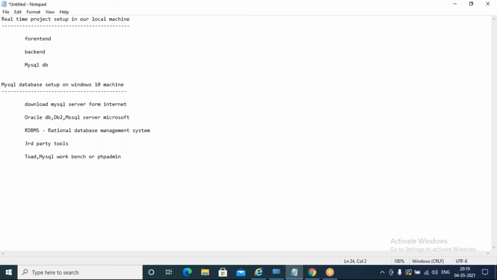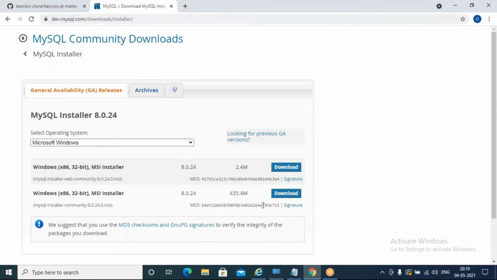Any of these tools you can use. But when we take this second type of installer, MySQL Workbench will automatically be installed in our machine.